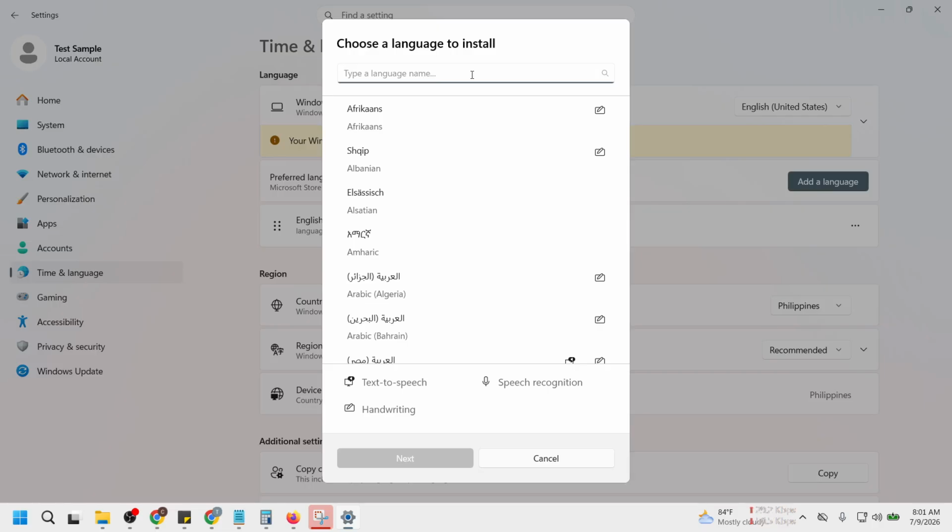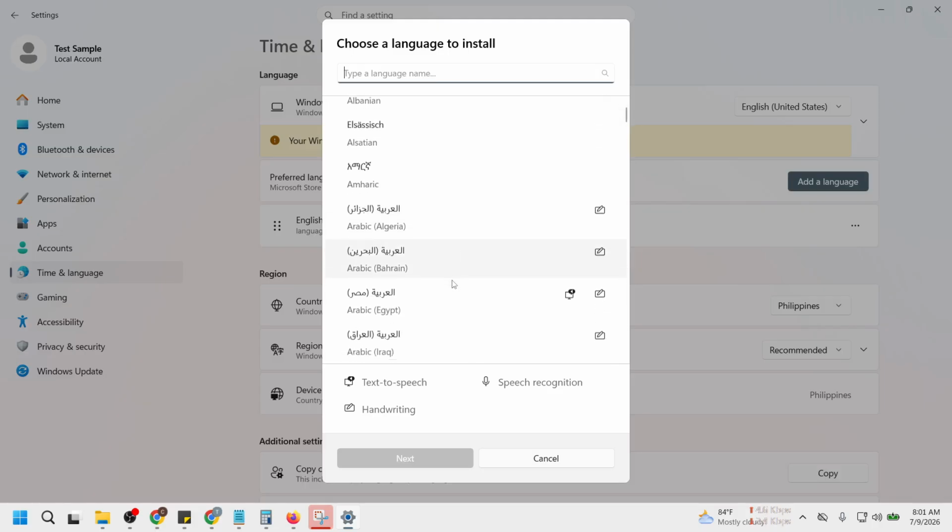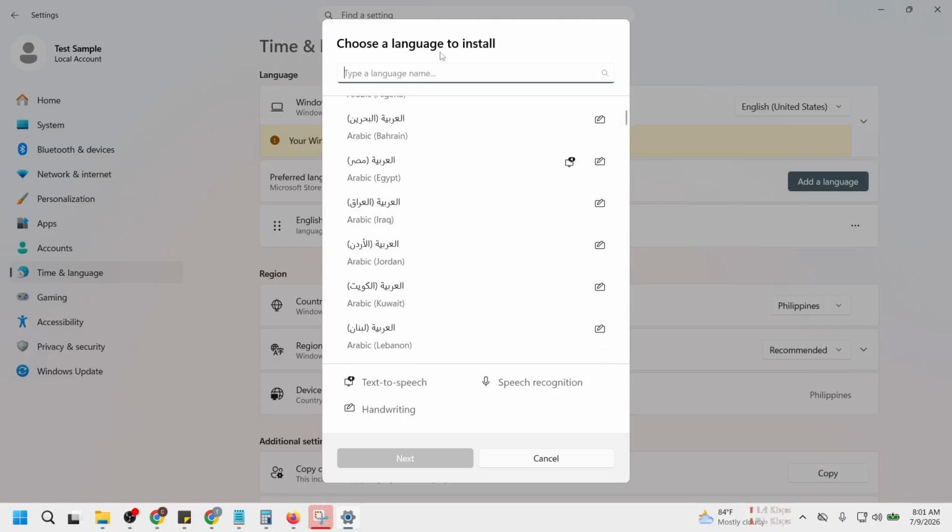It is important to click this button because it enables you to expand your language options beyond what is currently available. You will see a prompt encouraging you to explore different languages. This is a straightforward step that will make a big difference in your user experience.